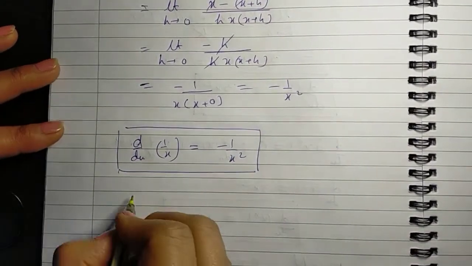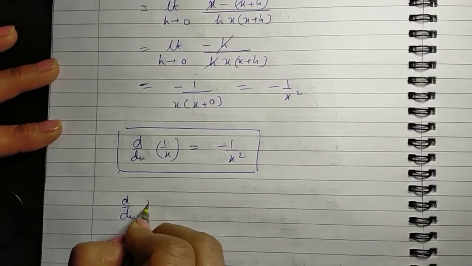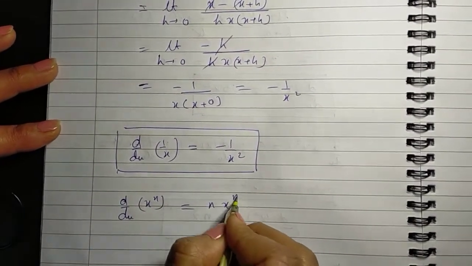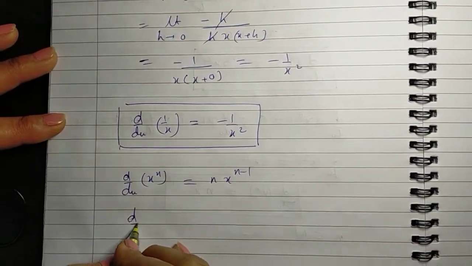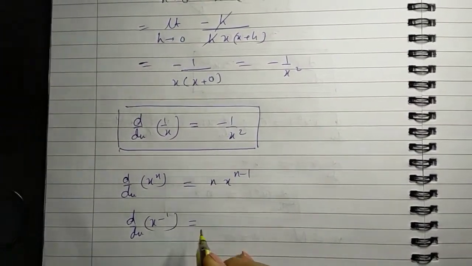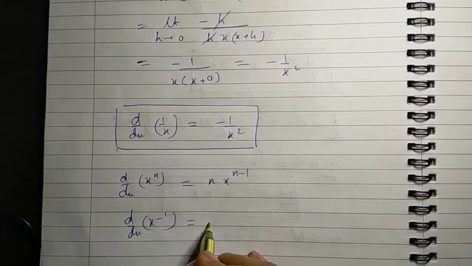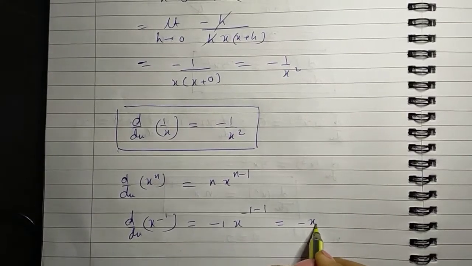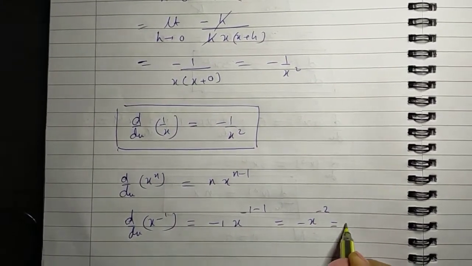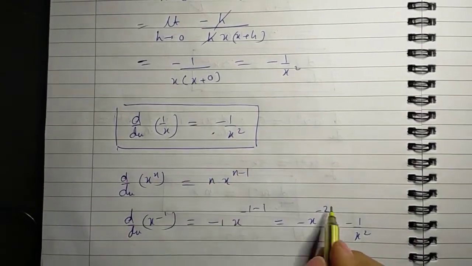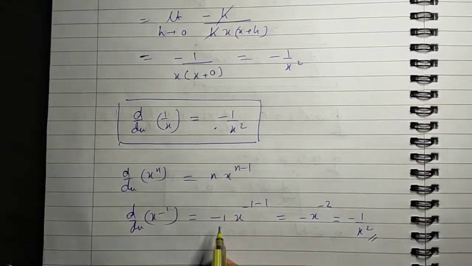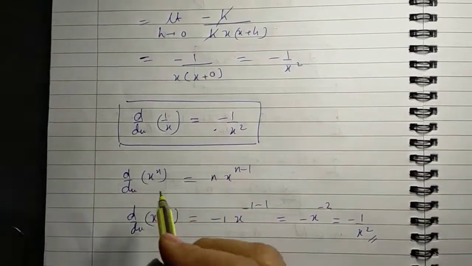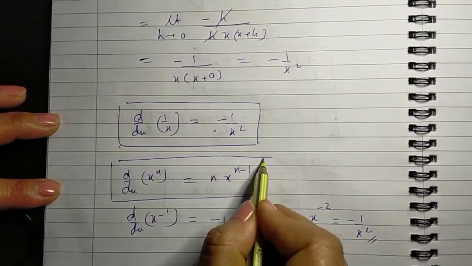Let us put it in that result. What is the result? d by dx of x raised to n is n x raised to n minus 1. This function can be written as x raised to minus 1. So going by this method, it should come out to be minus 1 times x raised to minus 2, which is minus 1 upon x square, the same result as this. So it means that when n is minus 1, this result is also satisfied. Okay, let's try just one more power of x and then we can generalize it.